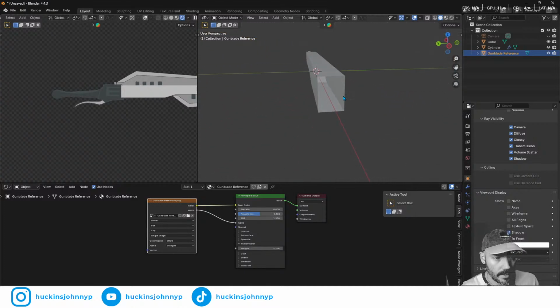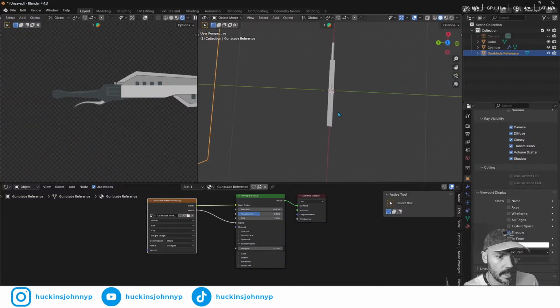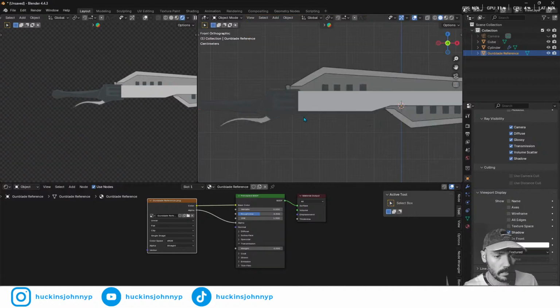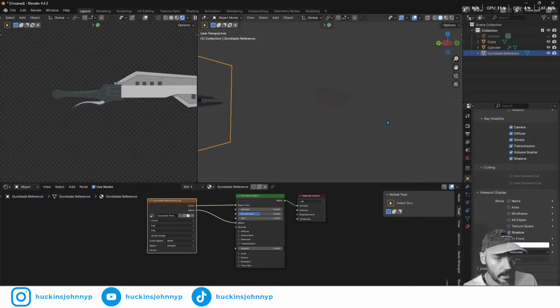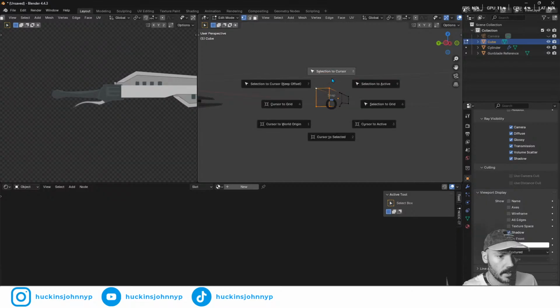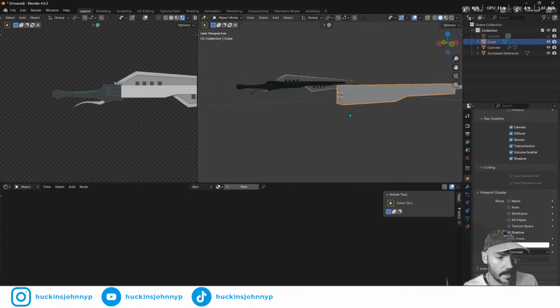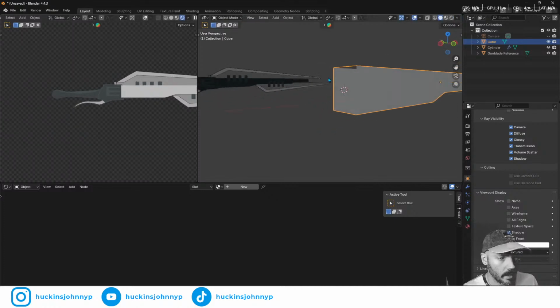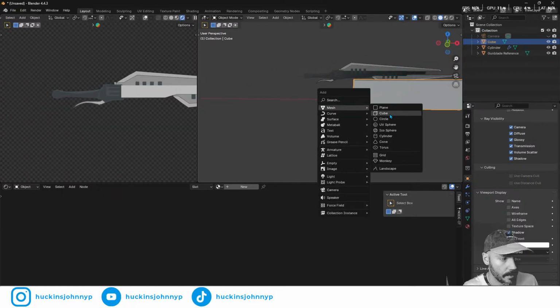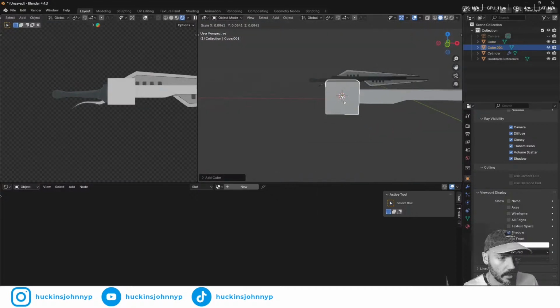What we do want is this part to be larger and wider than this part, which is right now pretty decently sized. And this is just a block out phase, right? So this is just blocking everything out. So let's set this here. Actually, let's go like this. 1 or 2. We should be able to do that. Shift S, cursor to selected. Hit tab again. And that will put our world origin right there. And so then we can go Shift A, mesh, cube, scale the cube down,